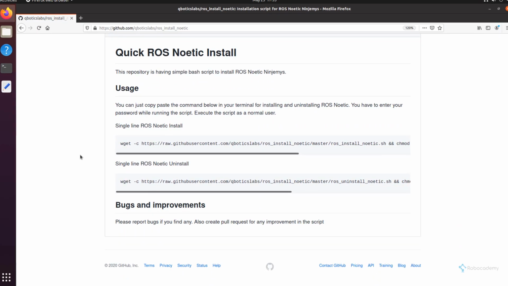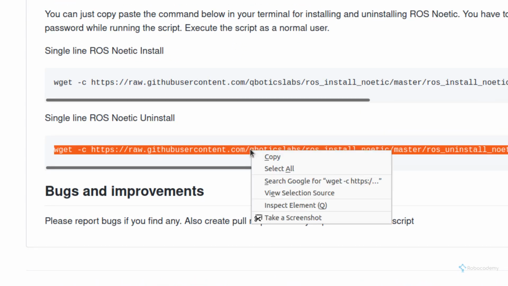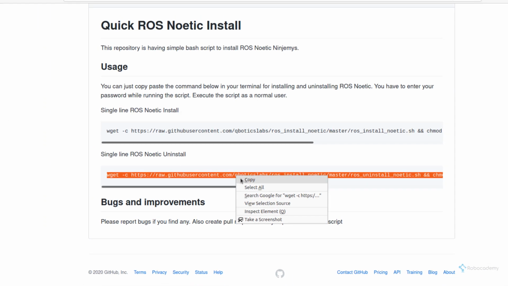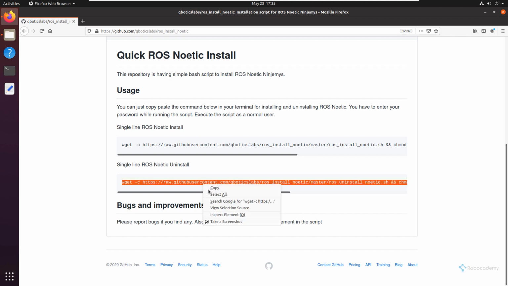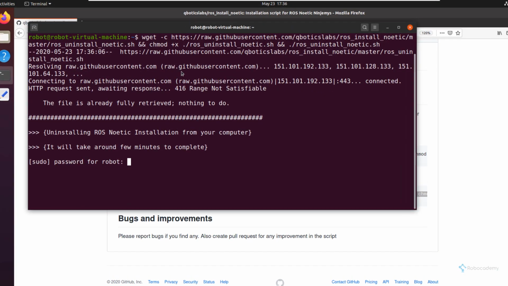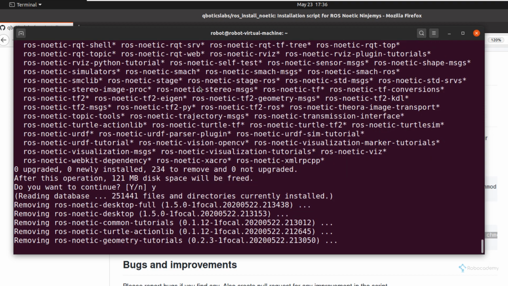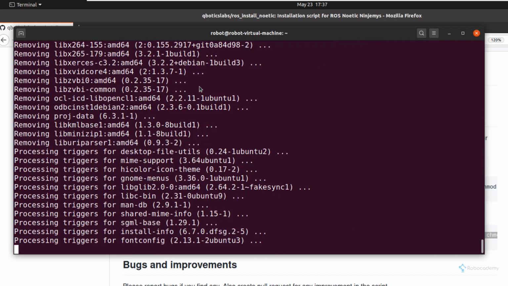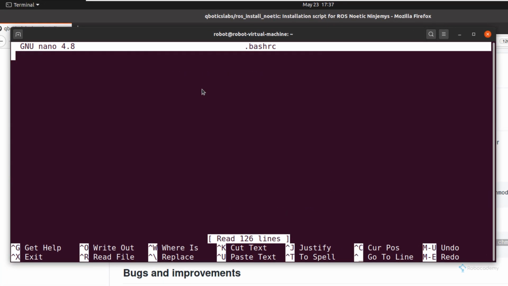To uninstall ROS, you can use the second command mentioned in the readme section. Just paste the command in the terminal and it will take a few minutes to complete the uninstallation. Wait for the uninstallation to complete, and after uninstalling ROS, remove the line for sourcing the ROS environment in the bashrc